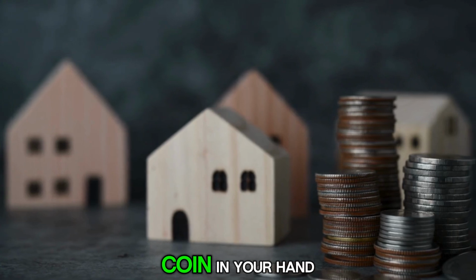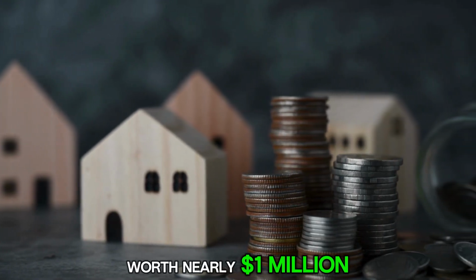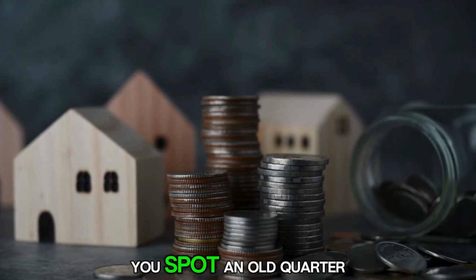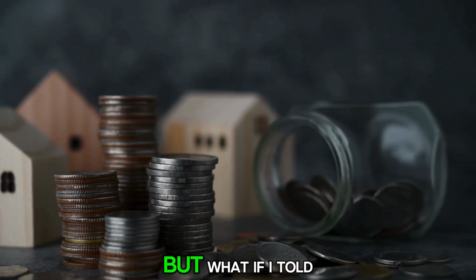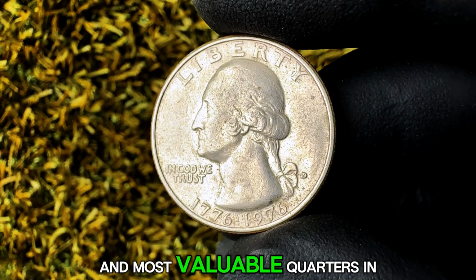Have you ever held a coin in your hand, not realizing it could be worth nearly $1 million? Imagine rummaging through your drawer, looking for spare change, and you spot an old quarter. Nothing fancy. Just another Washington quarter. But what if I told you that very coin might be one of the rarest and most valuable quarters in